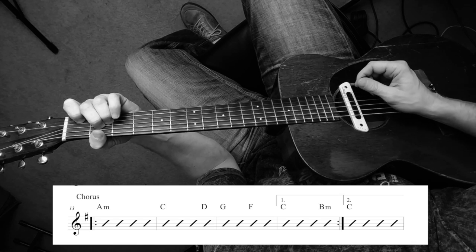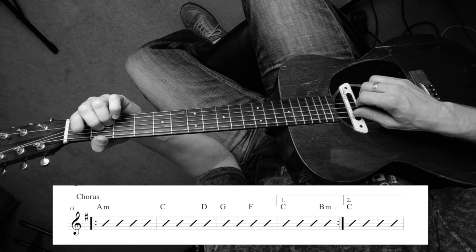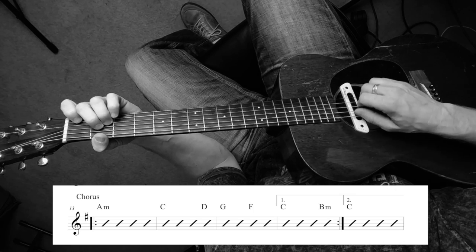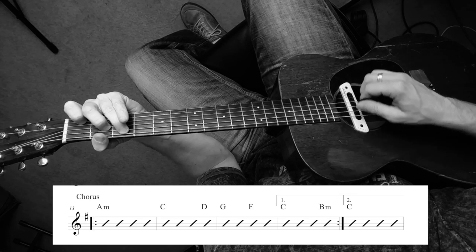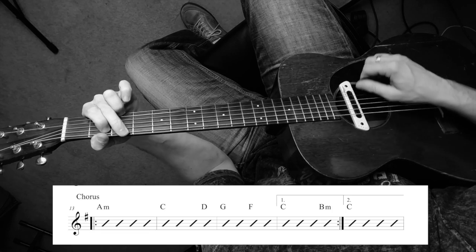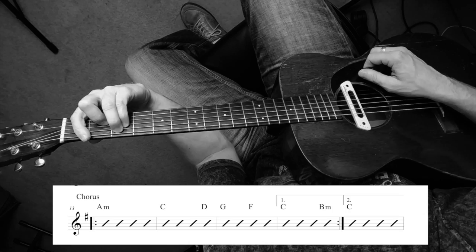Here we go. Let's try that again, starting from the beginning of the verse, and I'll try to shout out the right chords. I played the right one, I just shouted out the wrong one. Here we go. 3, back to the A minor, 4, and 1, 2, 3, 4, and 1, 2, 3, 4, 1, 2, to an F, to a C,